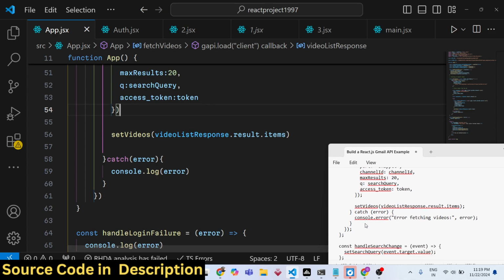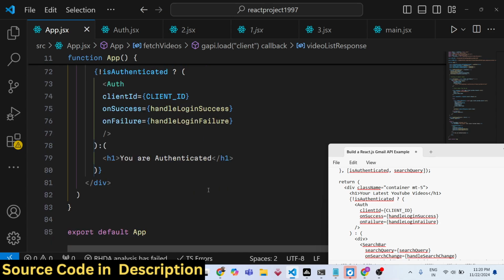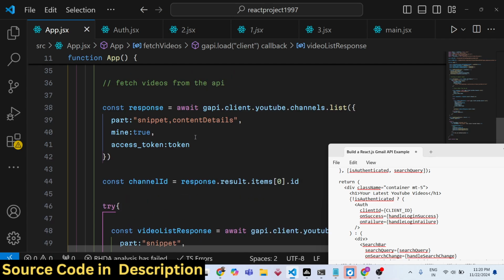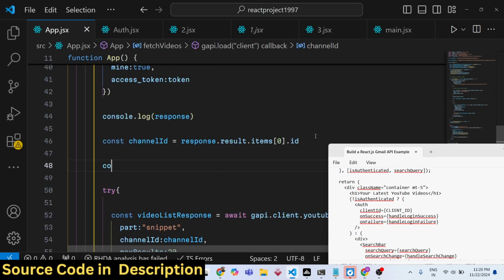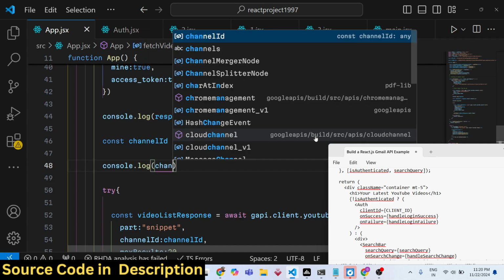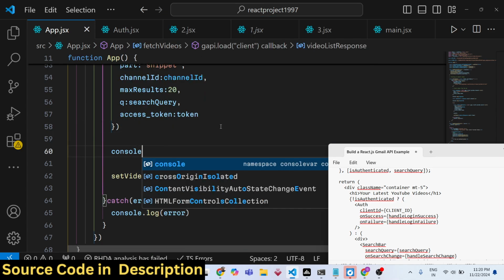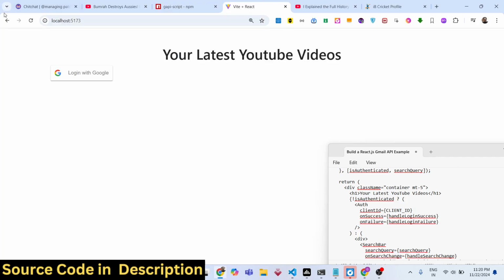Once you do this, now in the JSX, I can simply console log the response which is coming. I can write the console log just to show you in the browser. Let me console log all this information, the channel ID as well, and then this response which is coming, videoListResponse. Now if you go to the browser and click the button,